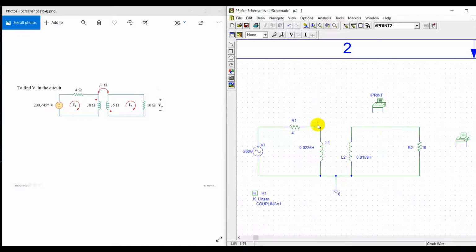And as we know, we are calculating V0 across 10 ohms. So let us connect Vprint2 through 10 ohms.